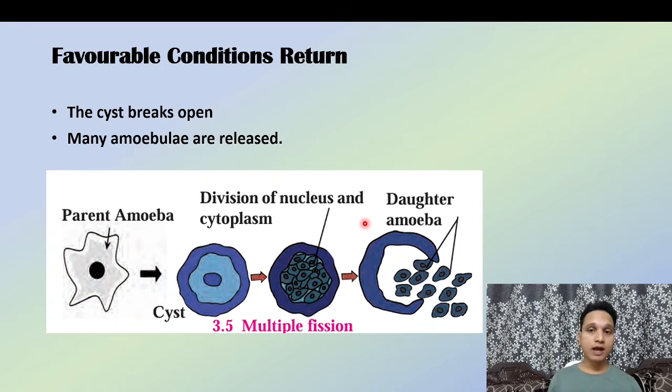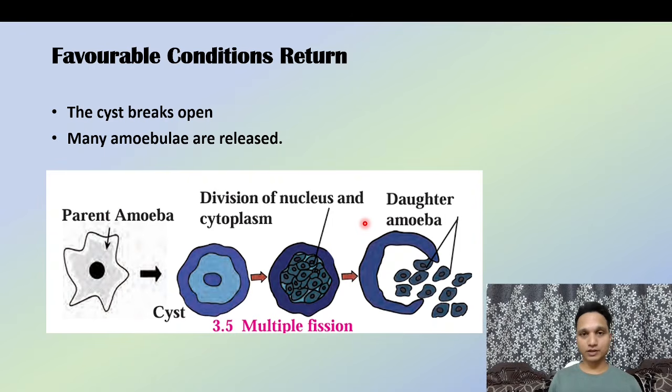So in this way, nature has made a balance. If you think for a while, if the amoeba divided by binary fission even in adverse conditions, their population would have declined, and they would not have been able to survive after that. But what nature has done is give the amoeba a very special ability to multiply